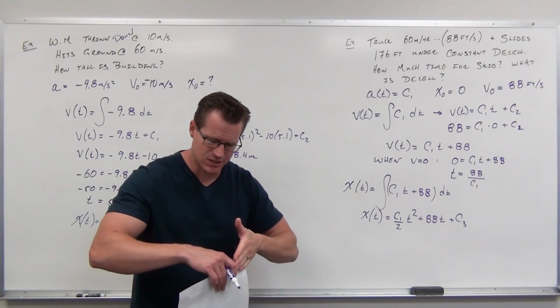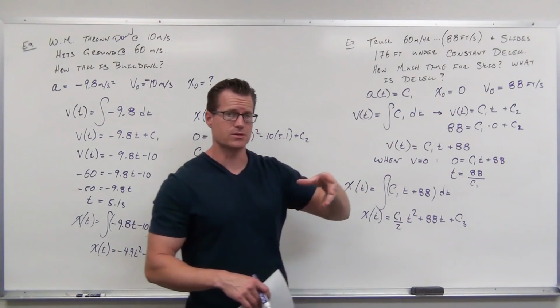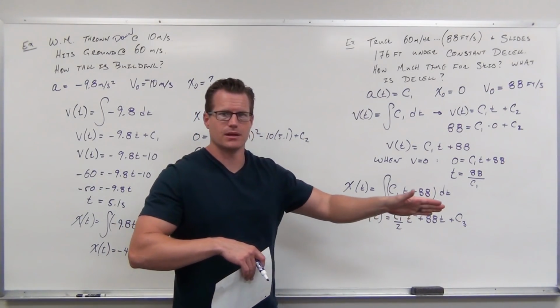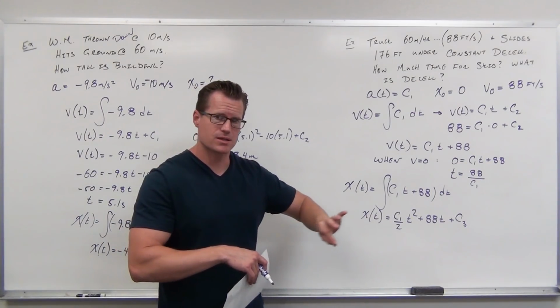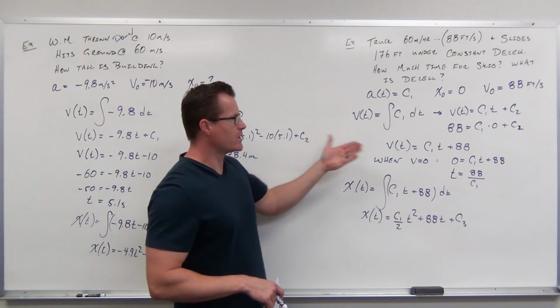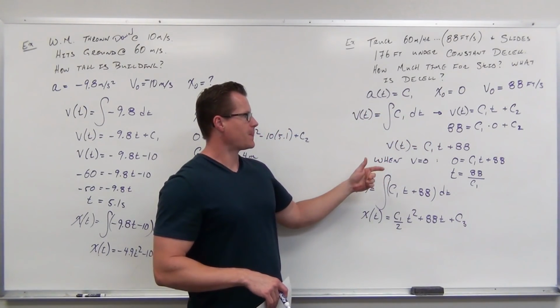It took us 176 feet from that spot to stop. Cool. Then our position initially is 0. We're also traveling 88 feet per second in a direction away from that, so that's a positive velocity. If we start taking an integral, yeah, we don't know what C1 is, but we do know that at the